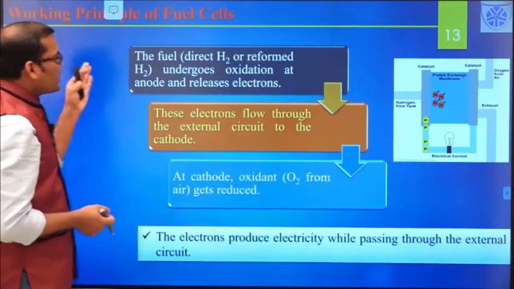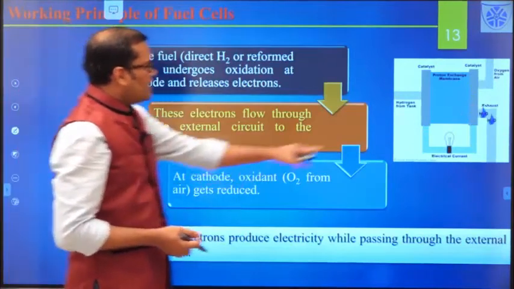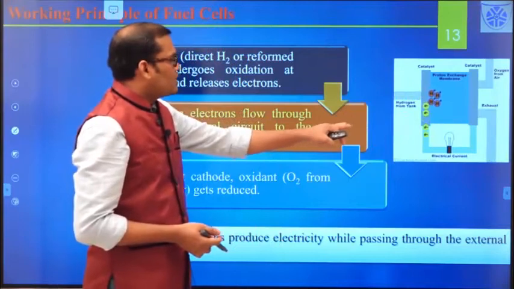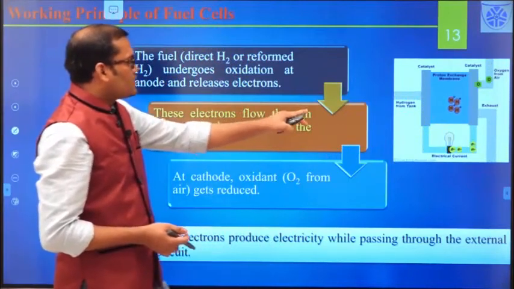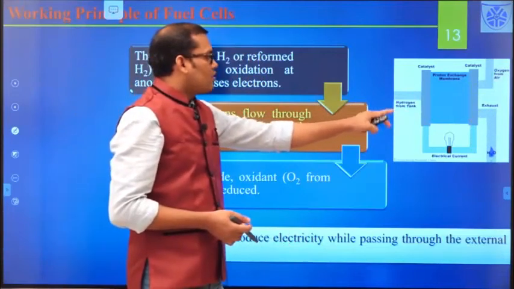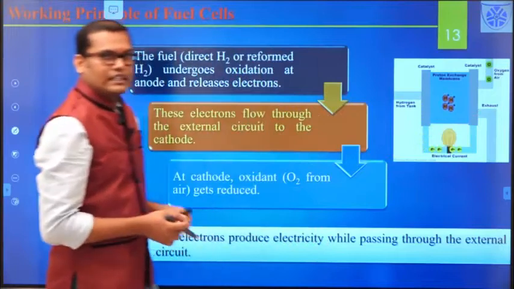So what is the working principle of the fuel cells? Here you can see the small animation I have given, which is the example for the hydrogen oxygen fuel cells. How hydrogen and oxygen are being purged in the fuel cells, and the electrochemical reactions are occurring at the electrode surface, and you are getting out the water as an exhaust, right?